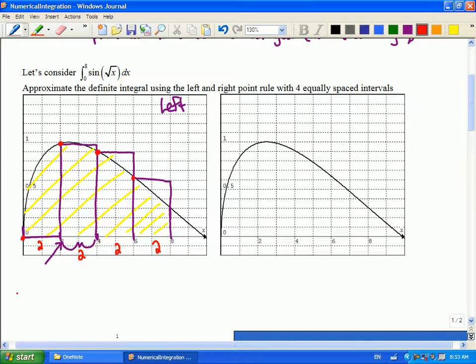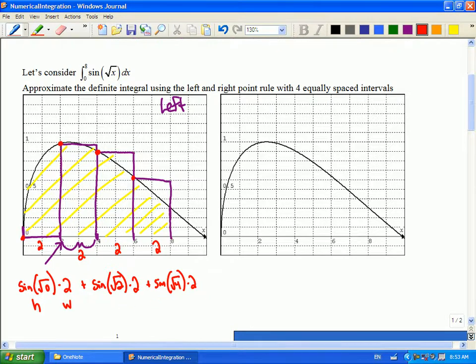So the first one is going to be sine root 0 times 2. I'll just do this for the first one. That's the height, and that's the width, plus the sine of root 2 times 2, plus the sine of root 4 times 2,